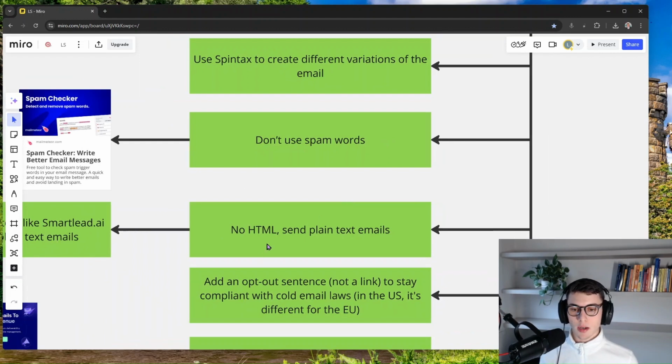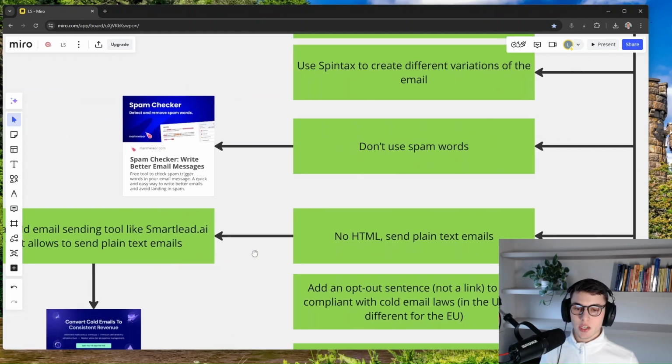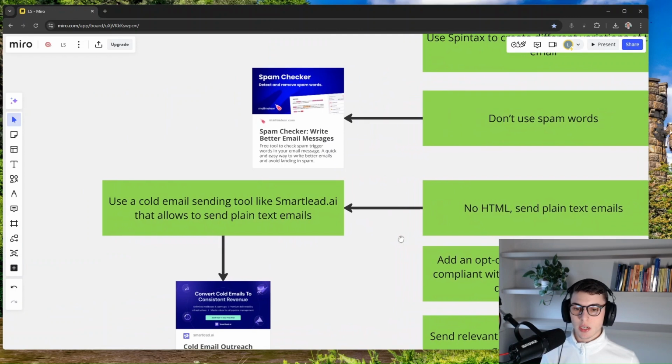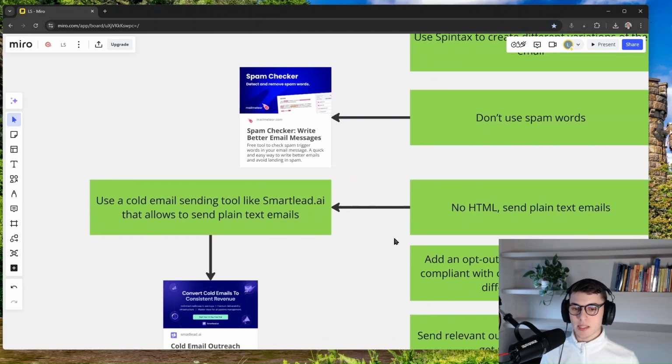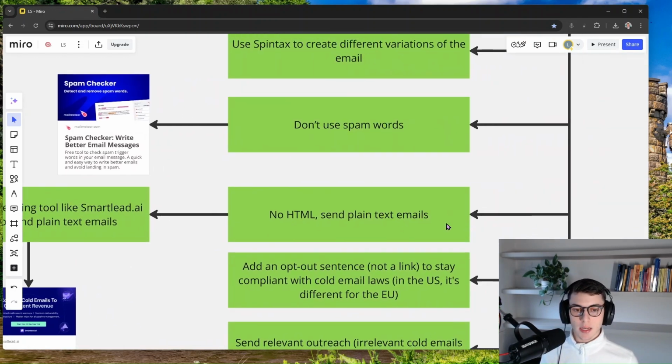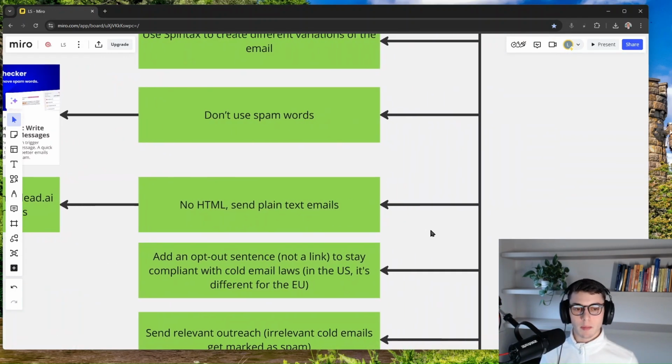So an additional tip is to not use HTML, just send plain text emails. HTML is like, whenever you send images, that's going to use HTML. But in general, most sending platforms like Smartly.ai are going to allow you to send a plain text email. It's literally a setting, a button that you have to click. Just enable plain text for your cold email campaigns, and you're